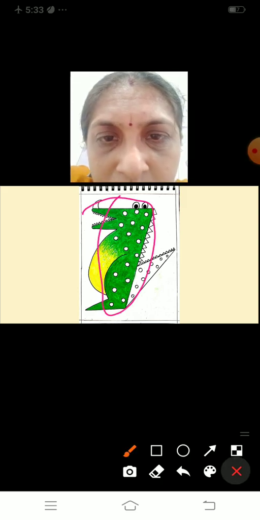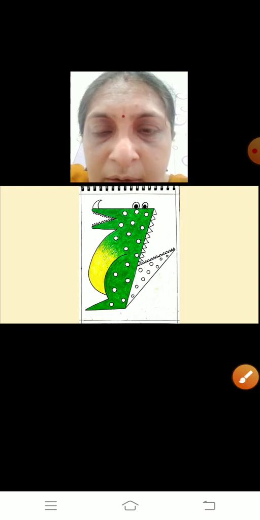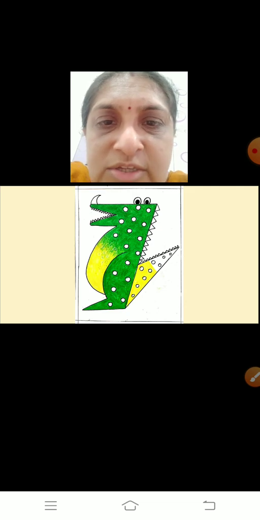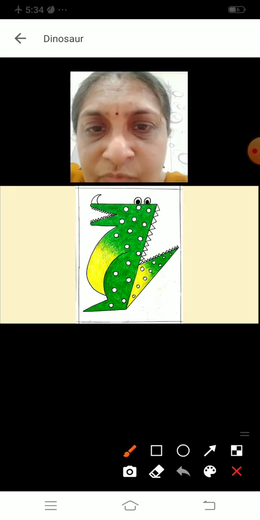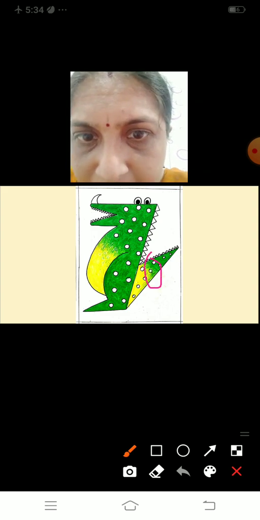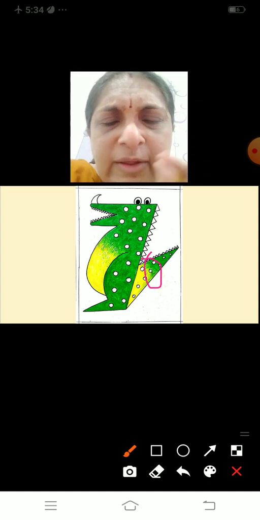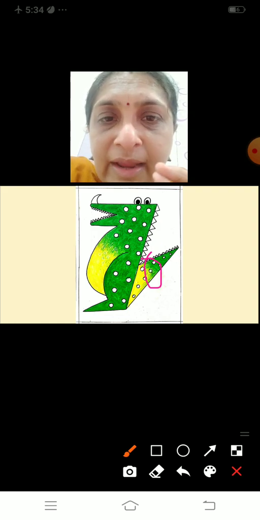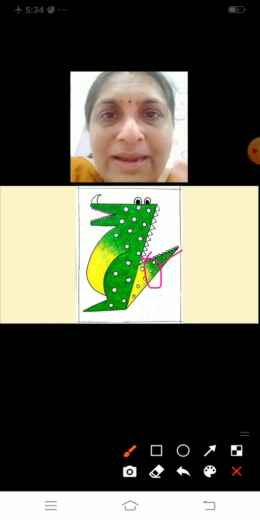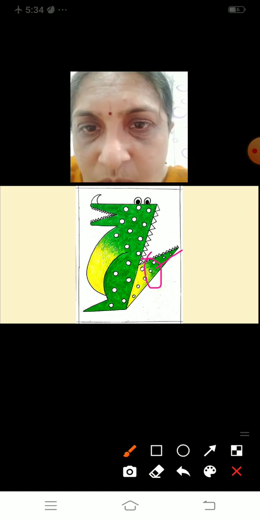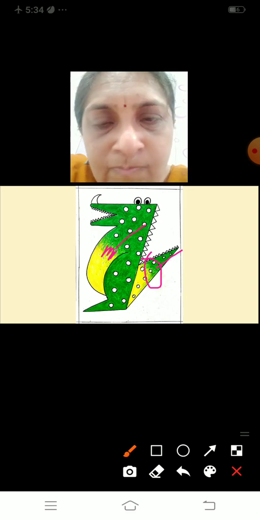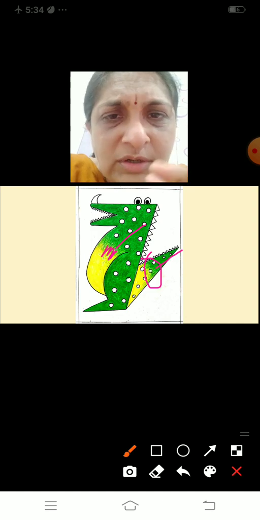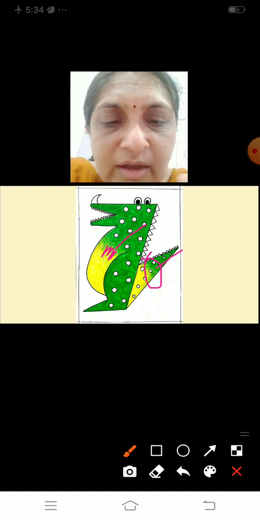Then next the tail. The tail also, half the way you will do yellow, and the remaining part you will do green. Again the same way you will do mixing here in the middle. Mix the colors, pressing very lightly with the green, and then when you go upwards, make it a little dark. Same way here also. First I started pressing very lightly, then as I went further, I pressed the crayon more so that the effect of the color will be proper.